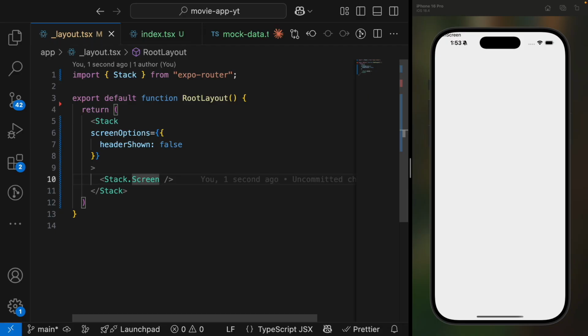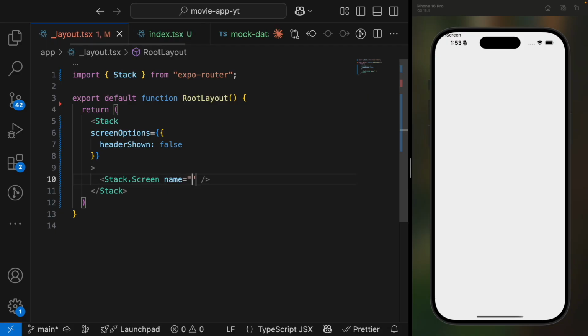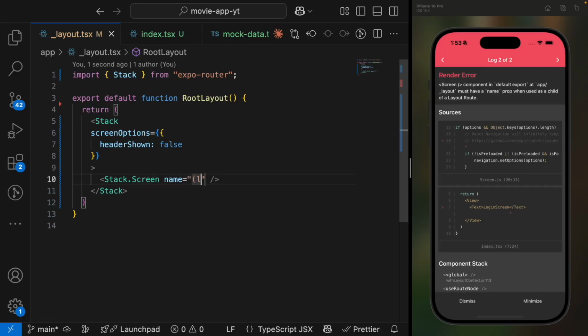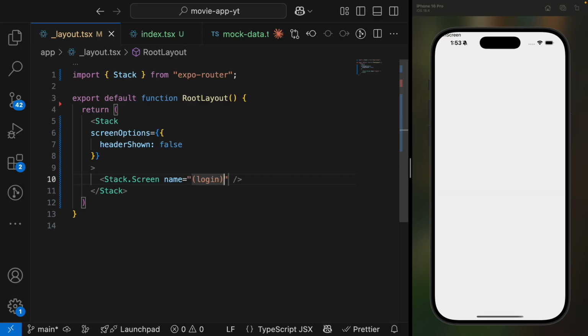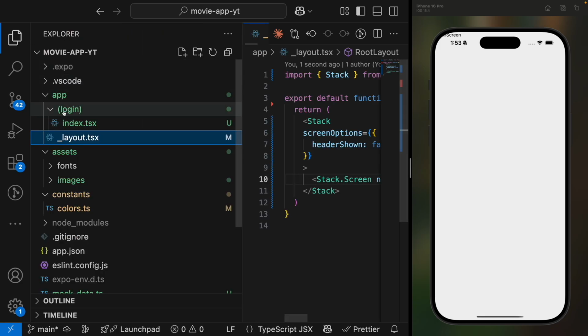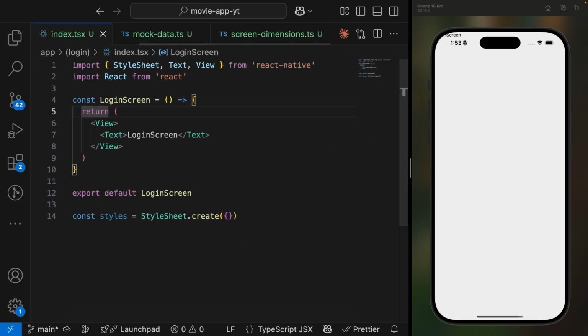And we need to pass in some props. Let's add the name. The name here is going to be the login that we just created, slash index, like this, basically. All right, so now let's go into the login screen and start building it out. Good, so instead of having this view here, we are going to